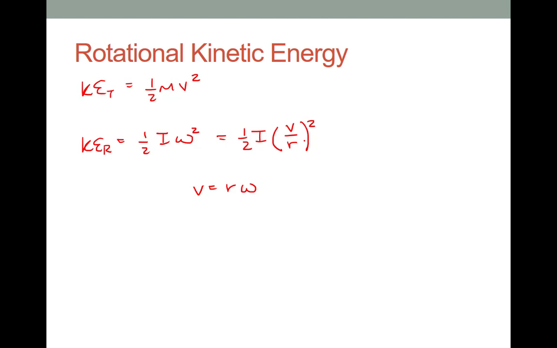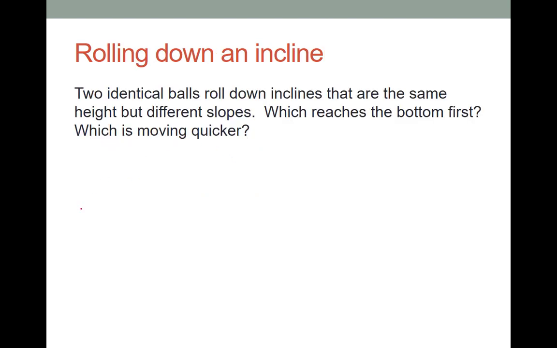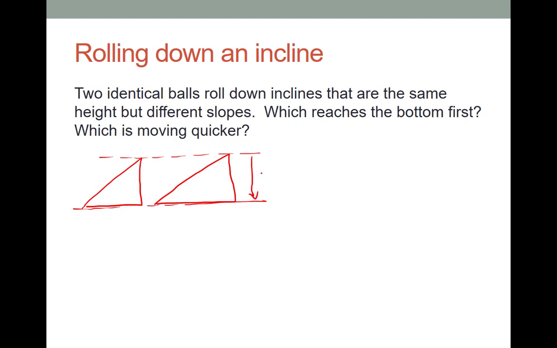Let's consider an example. In this example, we have two identical balls rolling down two different inclines. The inclines have the same height, but different slopes, as shown in the picture. So here are my two identical balls sitting at the top of the two inclines. At the top, both balls have gravitational potential energy, and if we assume that they're not moving at the top, only gravitational potential energy. At the bottom,